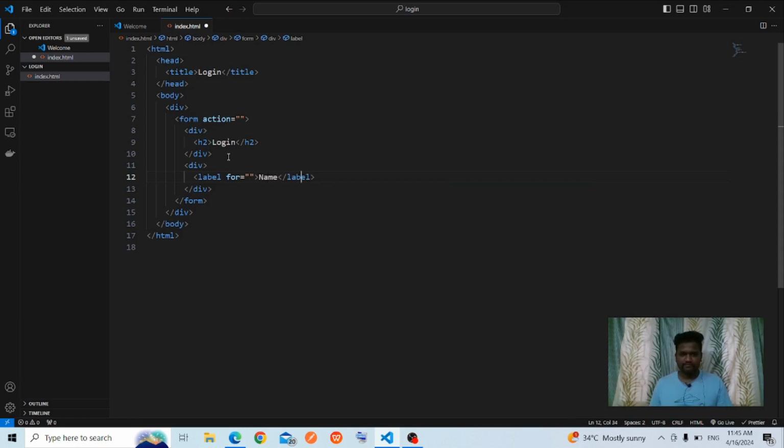Name, input type equal to text, name equal to name, and